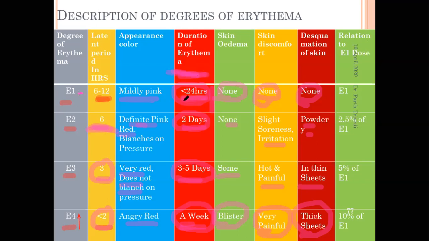So this means E1 dosage can be given after a day. So when do we give another dosage of E1? When we give another dosage of UVR, we always give it once the erythema is subsided. So, as we all know, till 24 hours it will stay. So E1 can be given on a regular day-to-day basis. E2 can be given on alternate day basis. E3 can be given twice in a week, and E4 can be given once in a fortnight. Okay. So please make sure you have understood this.